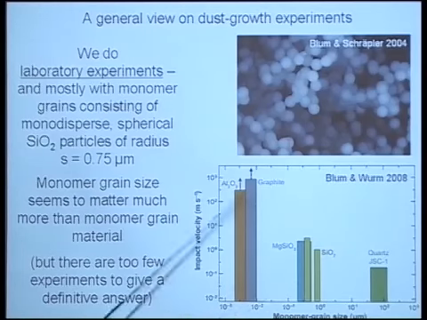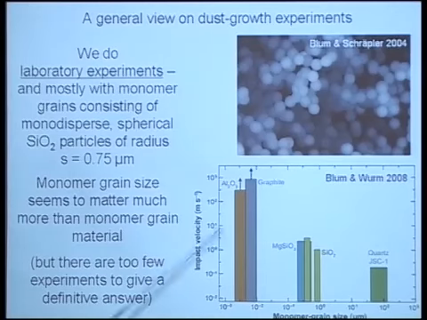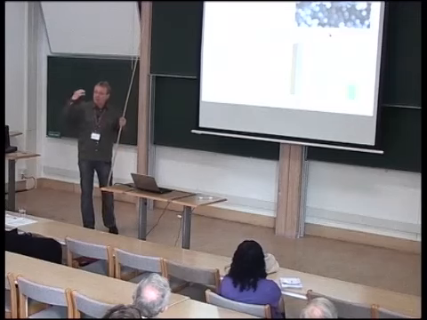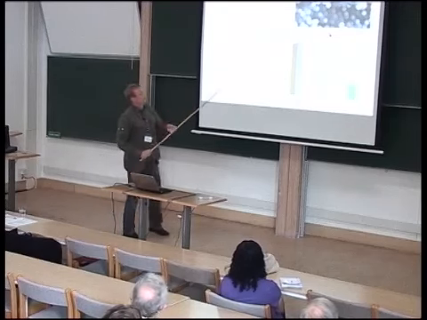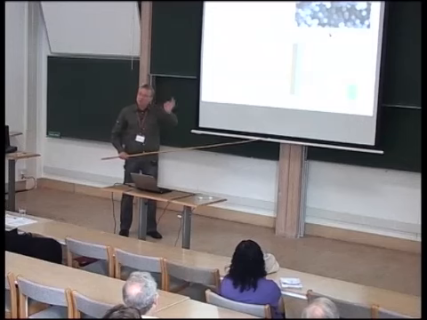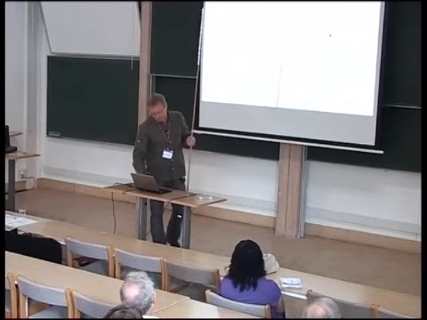So this is a plot that Gerhard Wurm and I put together when we wrote our review about 2 years ago, and things have changed dramatically since then. And this is the monomer grain size, and this is kind of a sticking threshold velocity. And you can see if you go from nanometer to microns to hundreds of microns, this changes over orders of magnitude. So I will be talking about this size, and we heard yesterday that meteorites consist of basically micron-sized particles. This is where the mass is. So I believe that we are around here. But a warning, this is only one material, one grain size, one shape, and this may change with all these parameters if you change those.